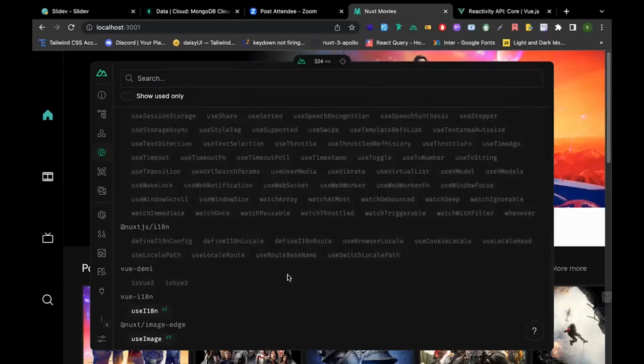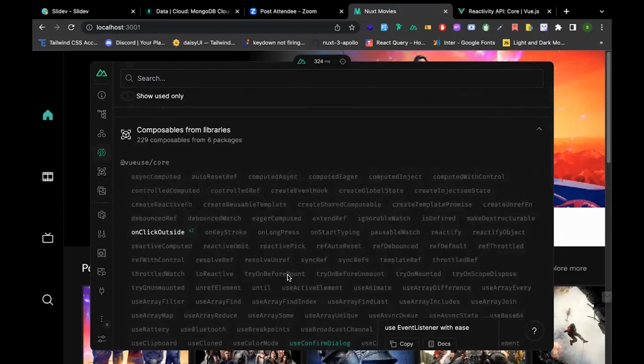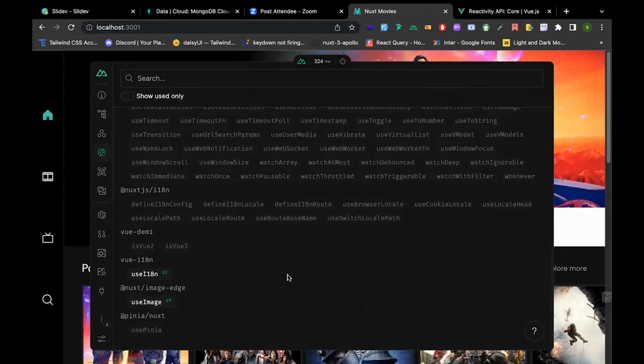So if you download a Nuxt module, you'll see this. It will show you all the composables provided by that Nuxt module, and you can go to that documentation site and see how it's